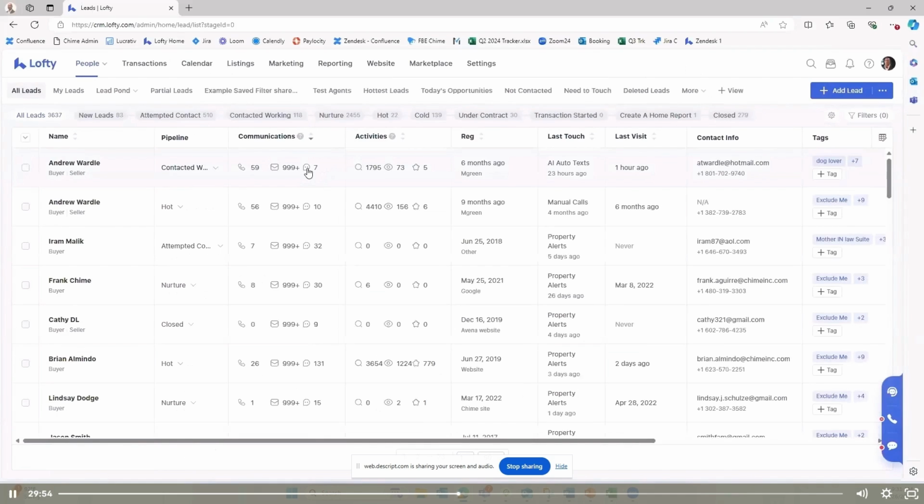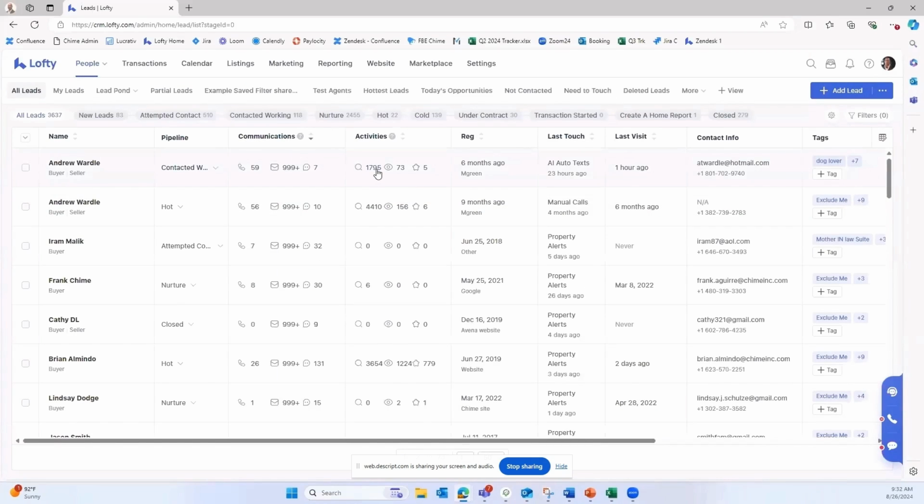Same principle here with the text messages. Now, activities is pretty interesting because this allows you to see